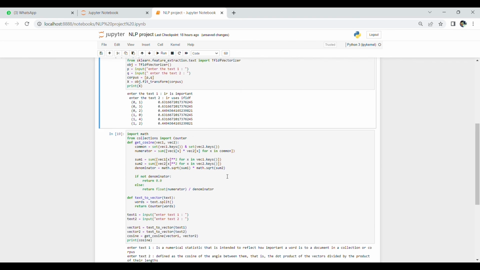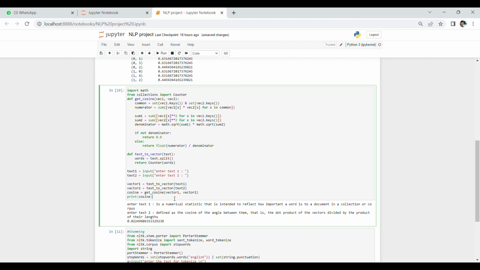So we'll see how cosine similarity works. This is a Python program for cosine similarity. This code will help you determine how similar the two text documents that we are given as an input are. If the cosine similarity is near 1, it says that the two documents are exactly the same. It depends upon the value of the cosine similarity. If the value is near 1, it is very close, and the two documents are similar. If the value is far away from 1, the two documents are completely different.